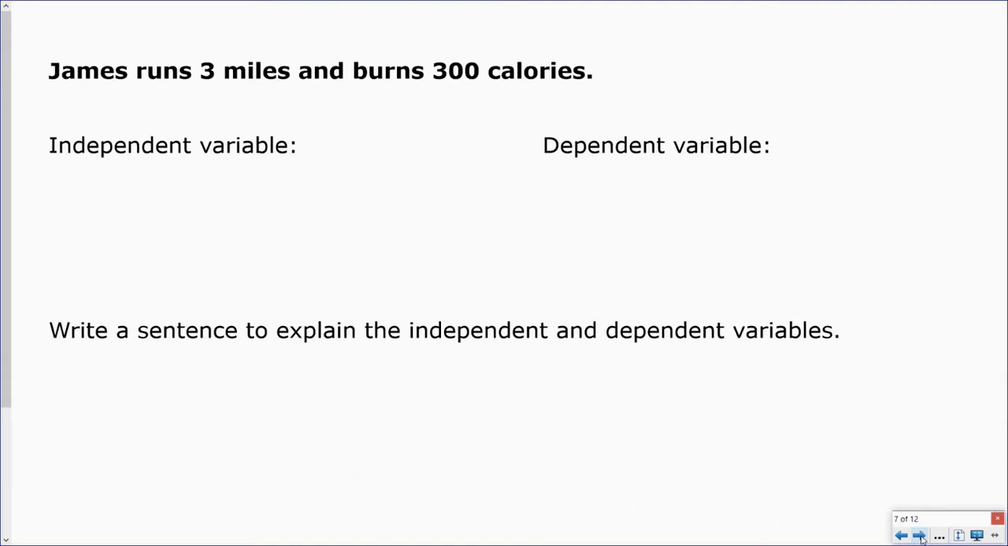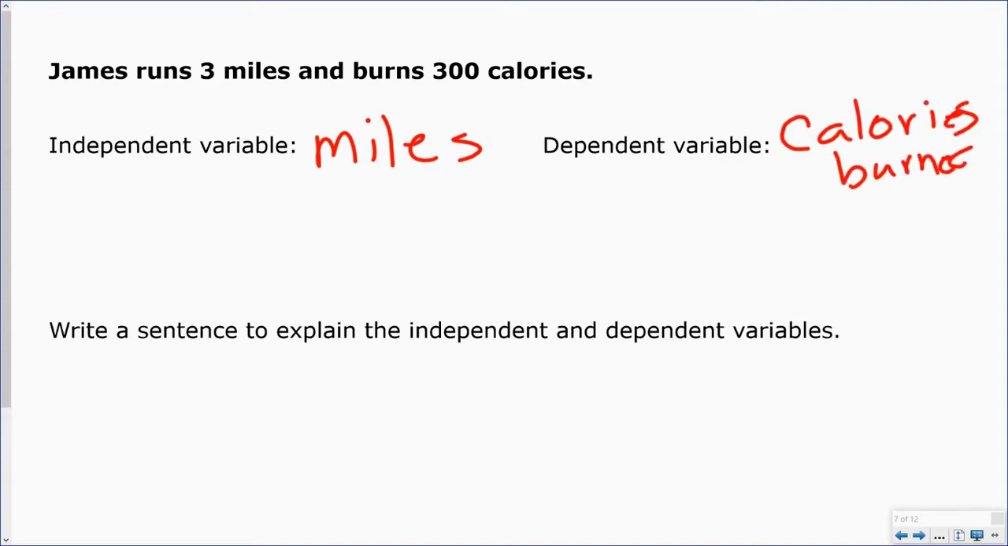James runs 3 miles and burns 300 calories. So in this one, the independent variable would be the miles, and the dependent would be the calories burned. Because the more he runs, the more calories he burns. So the number of calories he burns depends on the amount of miles that he runs. So our sentence would be